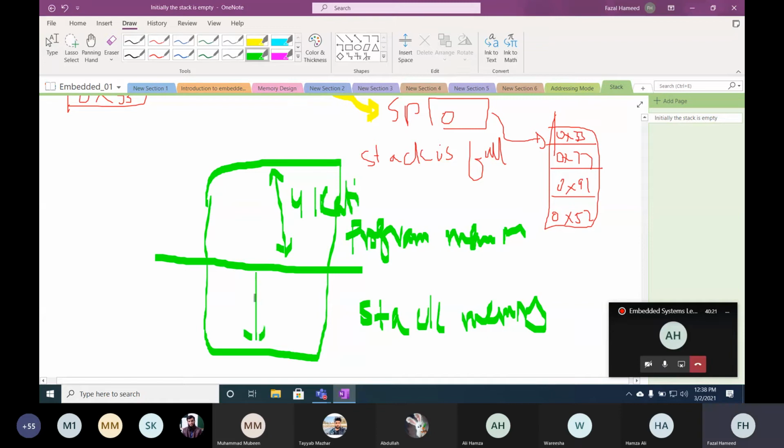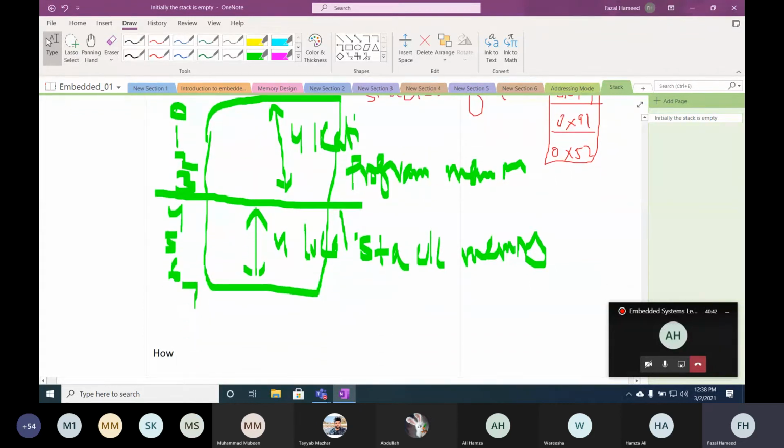And the stack also consists of 4 locations. So the program memory address will start from 0, 1, 2, 3, and 4, 5, 6, 7. So in this particular example, now tell me